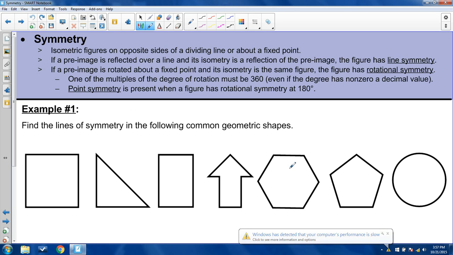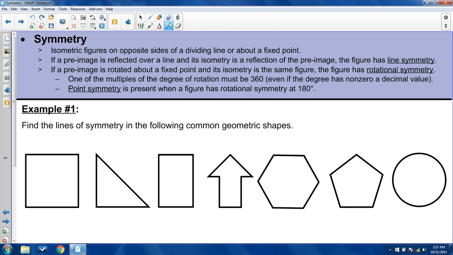All of these have symmetry somewhere, line symmetry somewhere. And what I'm going to do is seek them out. Basically, if you think of these like the opposite of when we transform something and then we create the image as a result, and the line of symmetry was already drawn for us, and we now have something symmetrical. Now we have something where we have to find out where we draw the line to make it symmetrical, such as we would have a pre-image flipping over this thing to make the image. So for instance, this square here, if you think about what it means to have line symmetry,